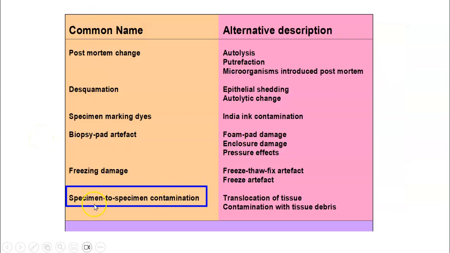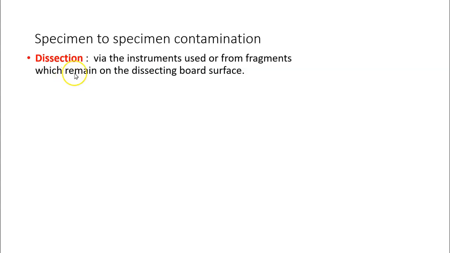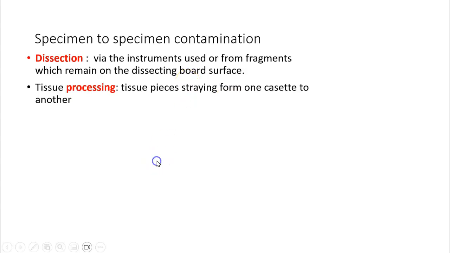So if you remember this table, specimen to specimen contamination is an important artifact, and this can occur at various stages of specimen handling or tissue handling. First of all, the grossing or dissection, and this is usually via the forceps, instruments used, or from tissue fragments that have fallen on the dissection board, and then they can be transferred into the next specimen if the board is not washed properly. They can be on the knives or on the forceps or scissors, any instruments that are